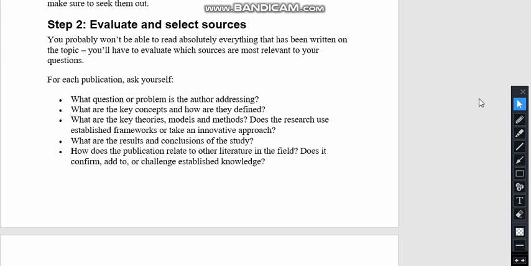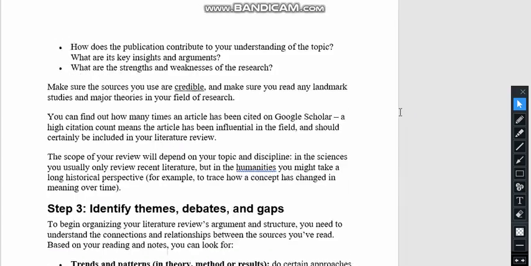Does it confirm, add to or challenge the established knowledge? So depending upon all these criteria, we have to see which relevant topic we are going to select.